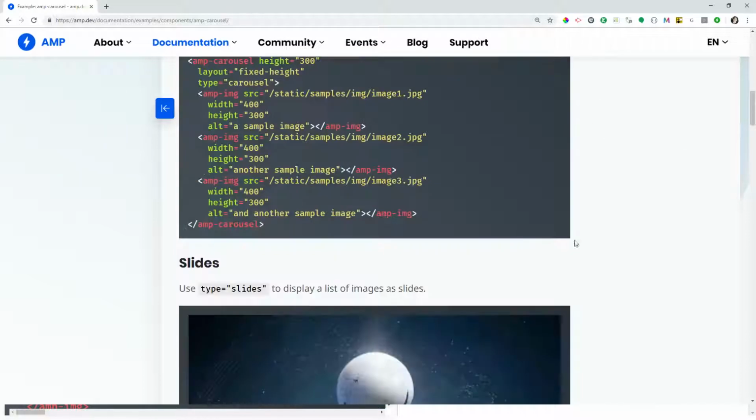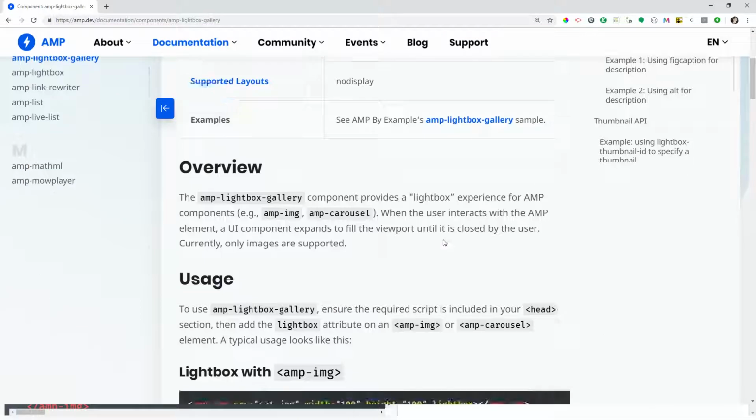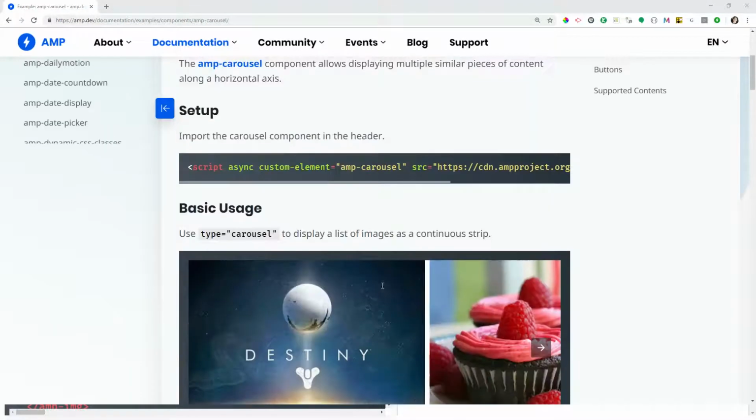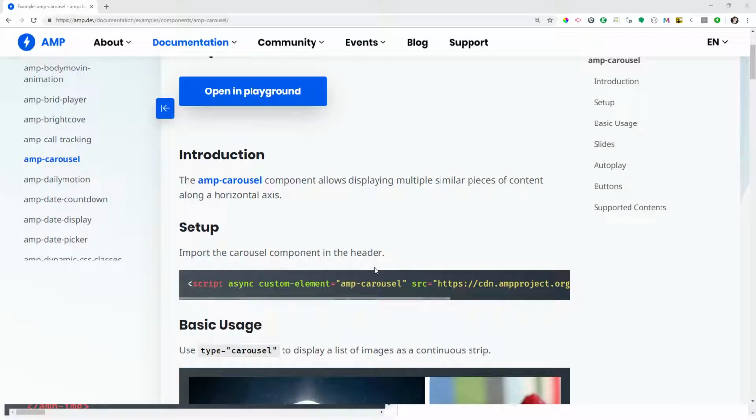Or you can have normal documentation, which is something like this, and it usually has a link to AMP by Example, which you click on, and then you go there. But either way, whether you go to AMP by Example or the normal documentation, you still have the link.